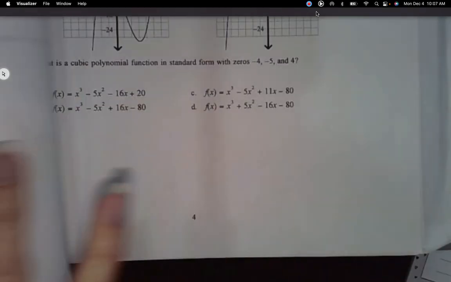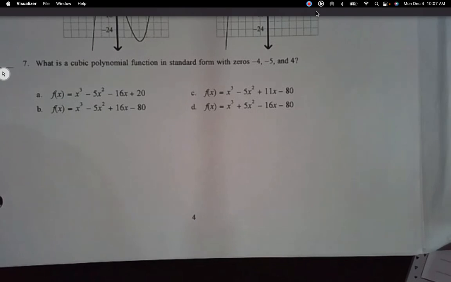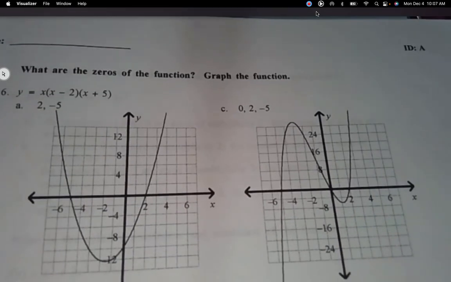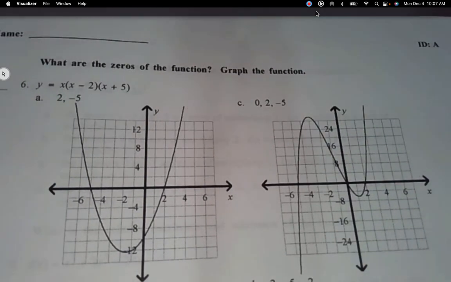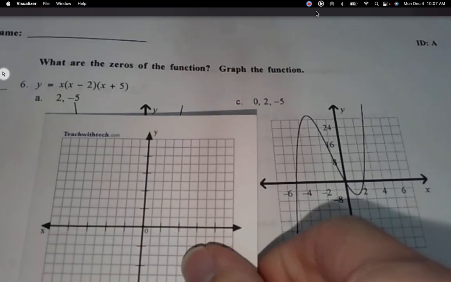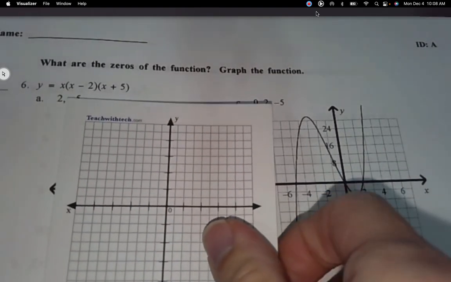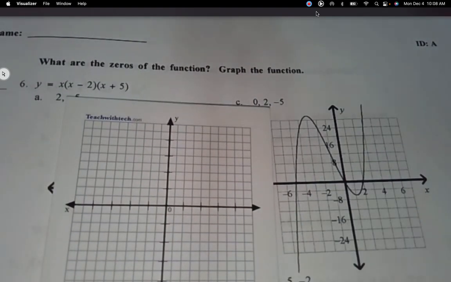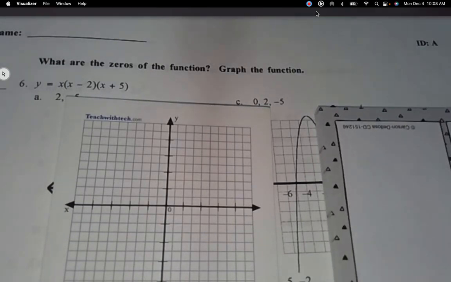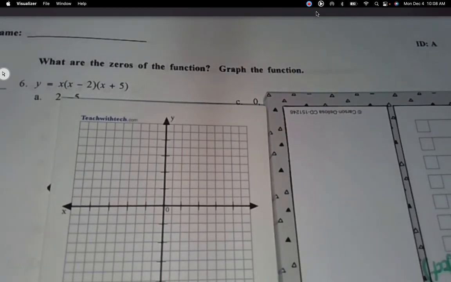Number 6. This one, y'all, I'm going to cover up the graphs real quick. I know it's got all the answers right there, but this one is not multiple choice. So let's pretend that it's not multiple choice. I'm just going to cover up some of that. Okay, so they tell me